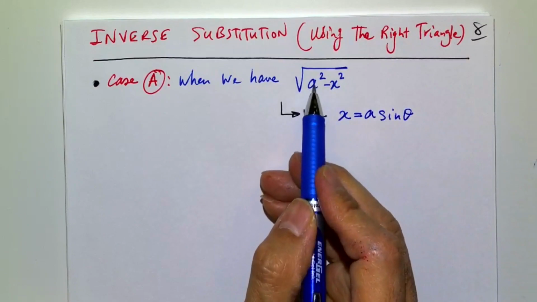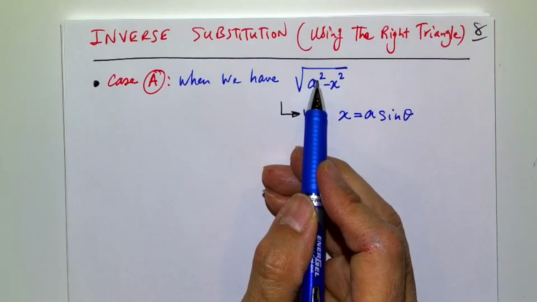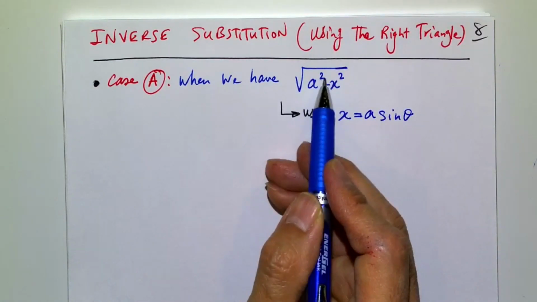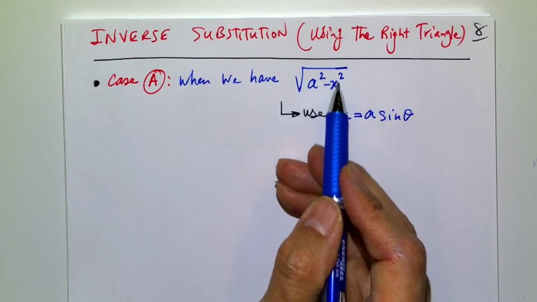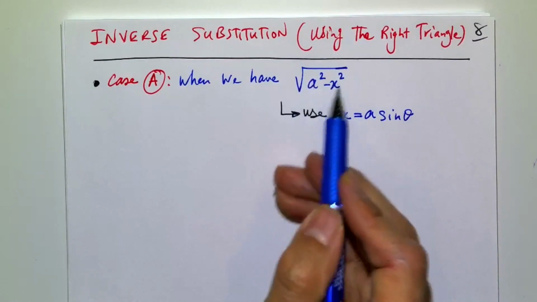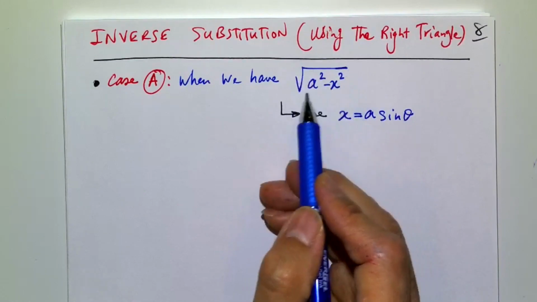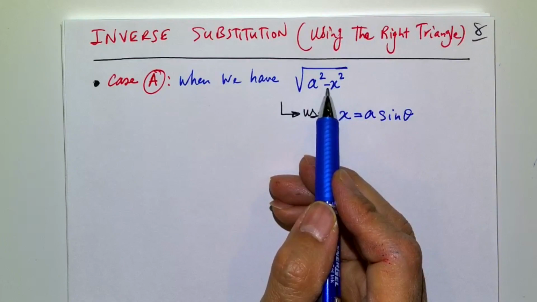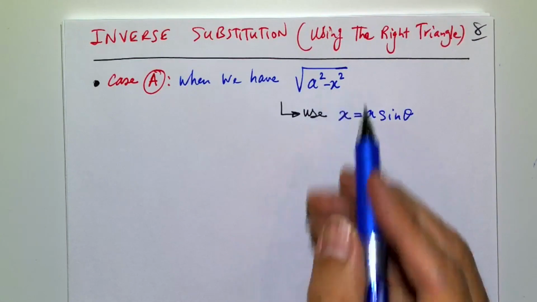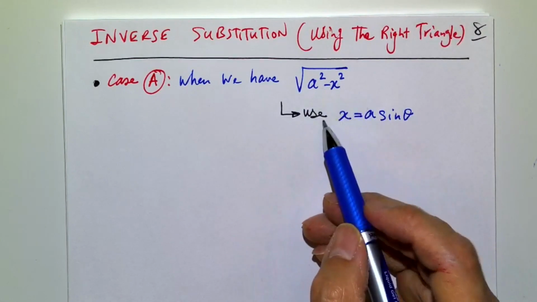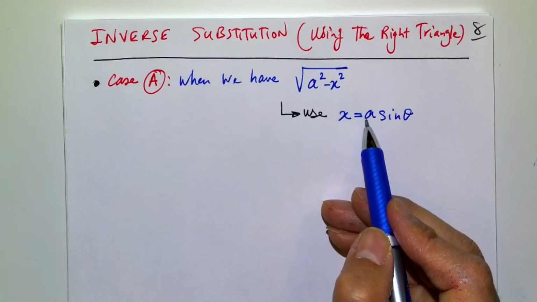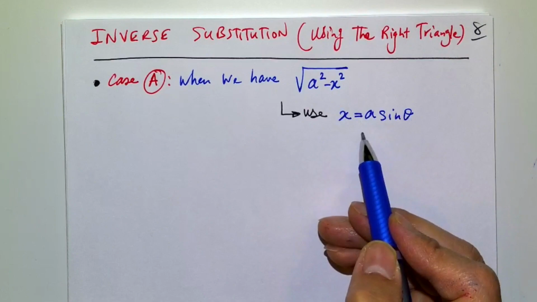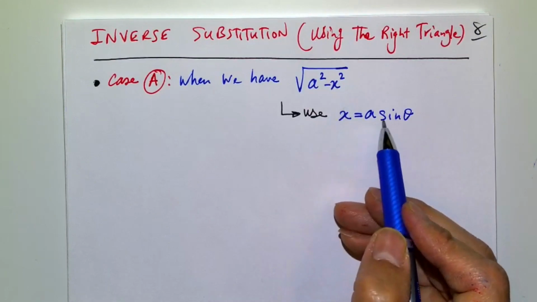Notice this is some constant squared, 4 squared, 2 squared, 3 squared, whatever. That's a constant squared minus the variable squared. If we have that under a square root in our integrand, then we want to use x equal to a sine theta. So we'll replace x with a sine theta